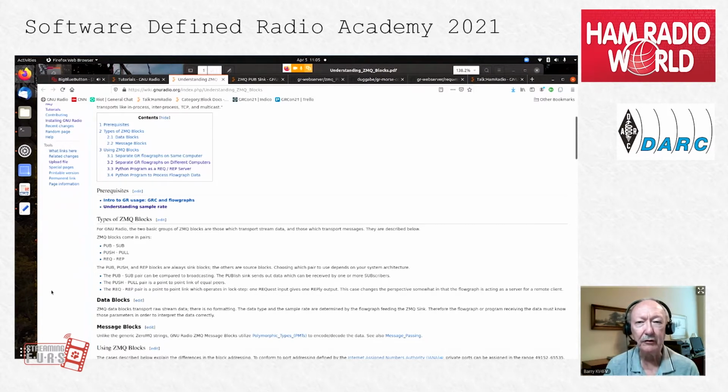The push-pull is a peer-to-peer type arrangement of equal peers. The request-reply is also point-to-point, but it has a restriction of being totally in lockstep. One request requires one reply before it can send out another request.